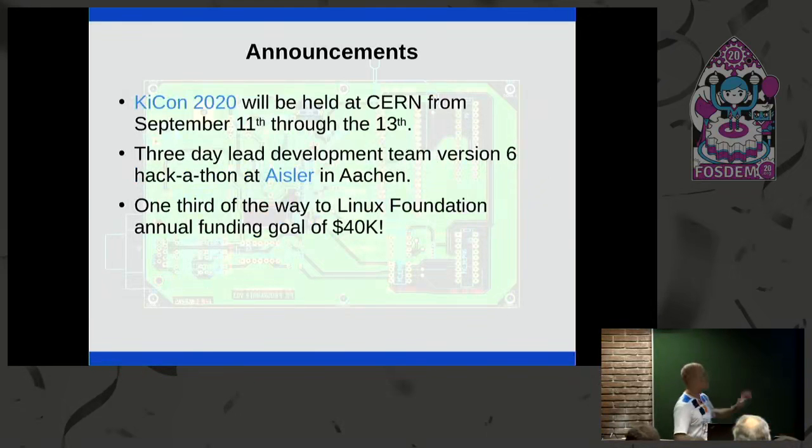Now, a couple of announcements. KiCon 2020: if you missed last year's, you definitely want to make this year's. It's going to be at CERN in Geneva, Switzerland, from September 11th through September 13th. The tickets haven't gone on sale yet, but keep an eye on the blog post on the KiCad website. I have the link right now, but it's just a placeholder image file with no information. I suspect the tickets will go pretty quickly for this one, so if you're in Europe in September and going to CERN to talk about all things KiCad sounds interesting to you, please come to that conference.